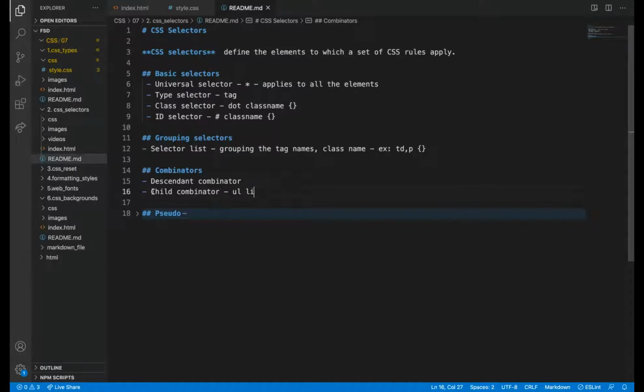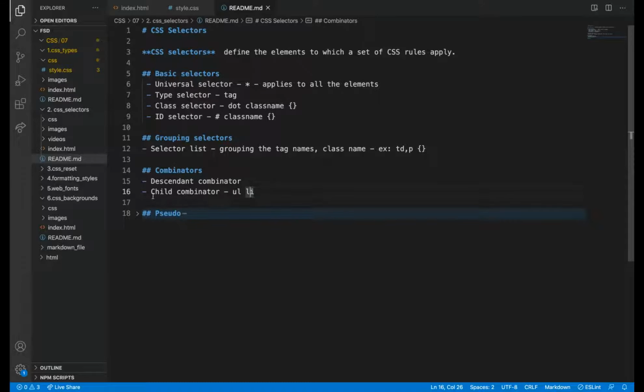But if you are not clear with the child combinators, it is fine, because class, id and type we will use regularly, and the comma separated selector is common, and we will use descendant. We will use child also, but it is rare because we won't often have that kind of structure, a UL inside UL or a table inside a table.